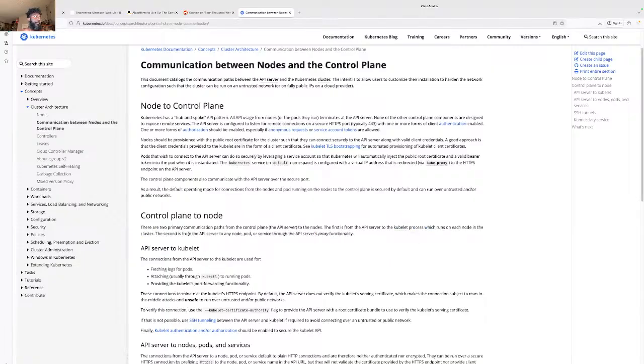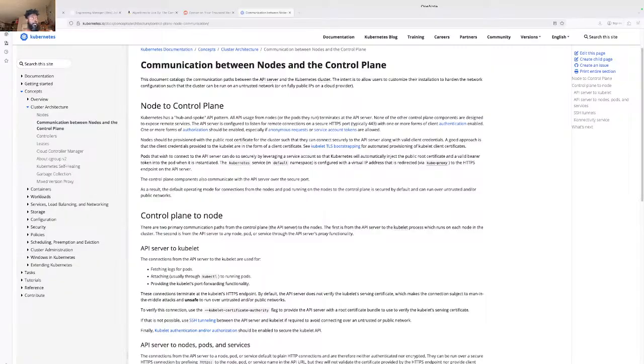And the second is from the API server to any node, pod, or service through the API server's proxy functionality.